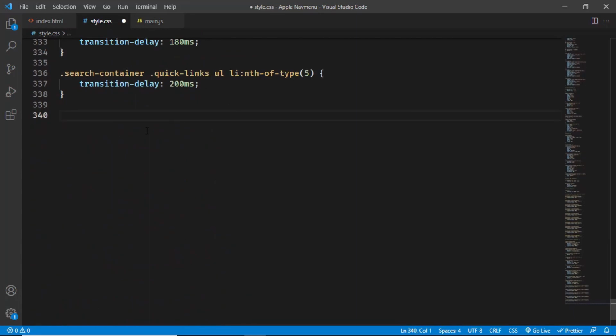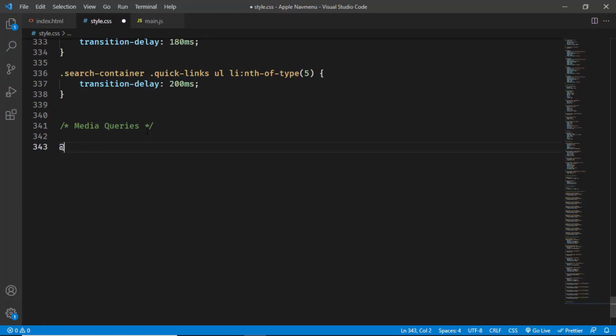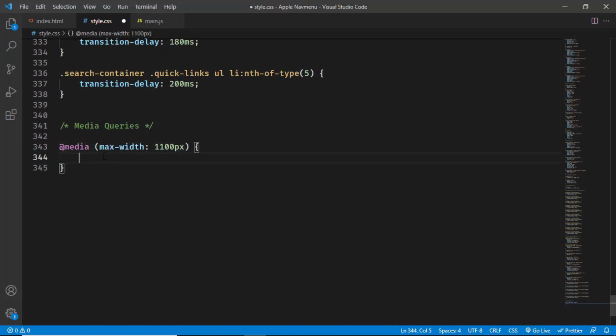Now for adding breakpoints to the responsive design, we're going to use media queries. So let's add a comment. We'll just type media queries, and then you have to type @media, and then here you have to type the screen width. I'll just type max-width, and I will set it to 1100 pixels. So now if the width of the screen is less than 1100 pixels, all the code that is in here